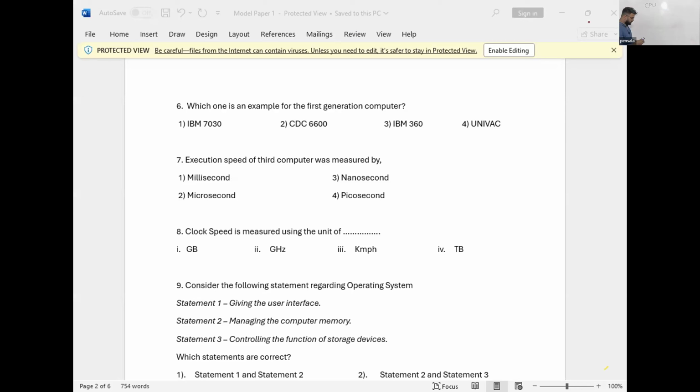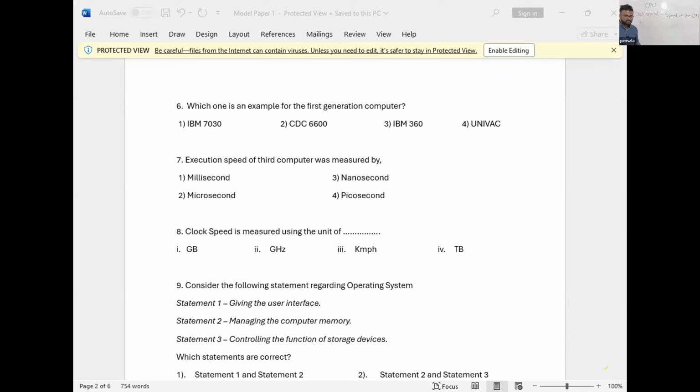Clock speed means, note down, simply, speed of the CPU, right? Clock speed means speed of the CPU. So CPU has a speed, so that is called clock speed. So in detail,